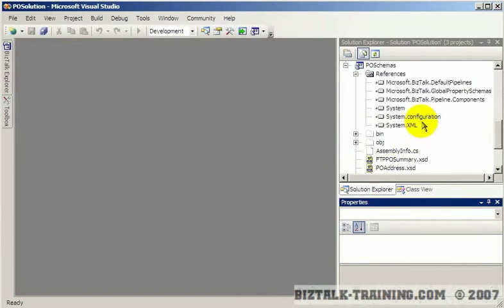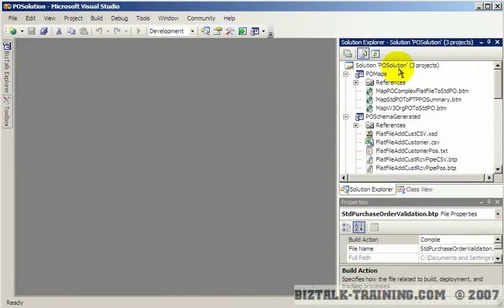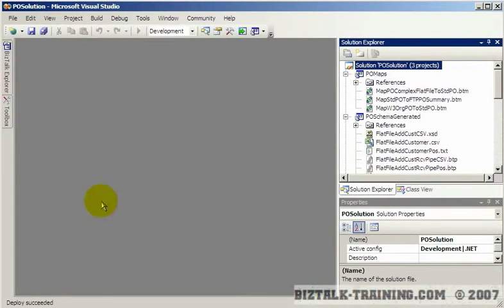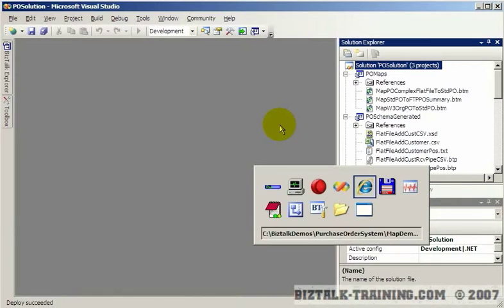And then once again, we will build and deploy the project. So I'll just come up here and right-click Deploy Solution, and I'll go offline while I do that. Okay, so the deploy was successful. Now, how do we implement this? We have to go back to our map in,